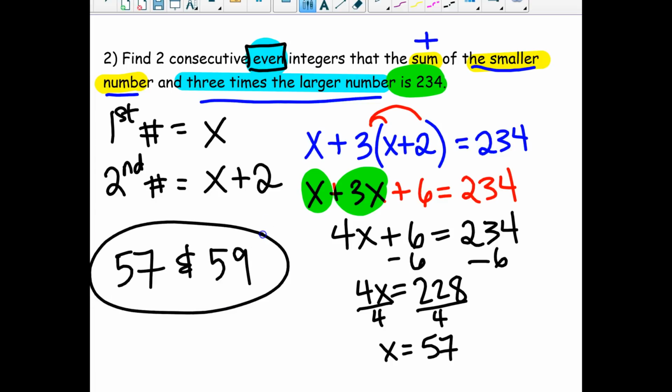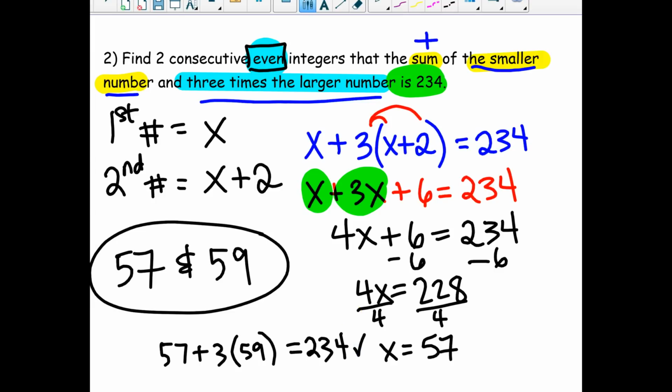So again, I'm going to go back and double check this work. The sum of the first number and 3 times the larger number should be equal to 234. So what I'm checking is 57 plus 3 times 59, and that is indeed